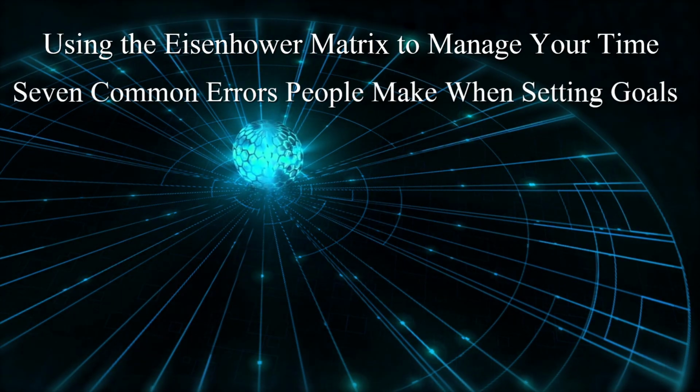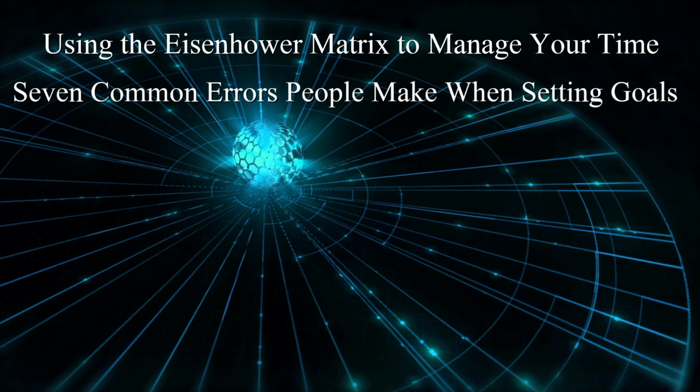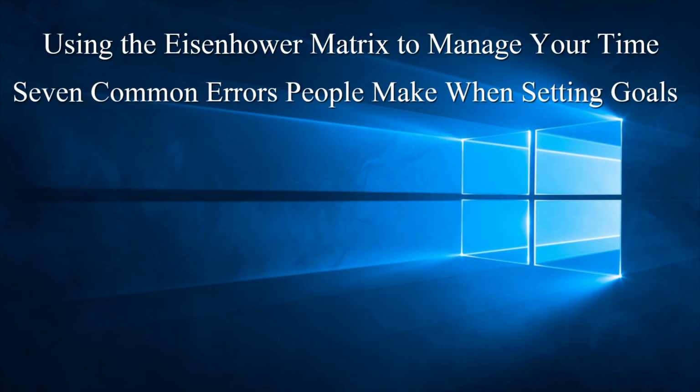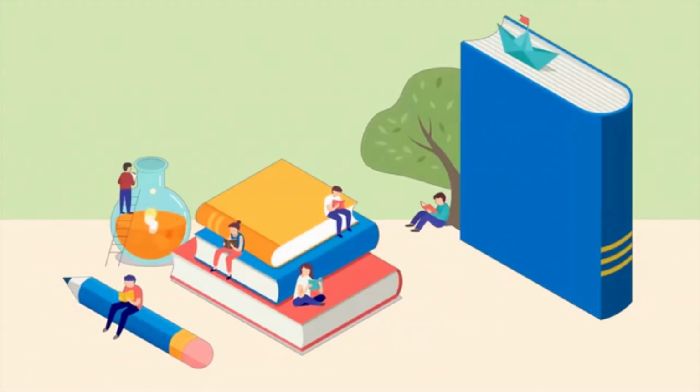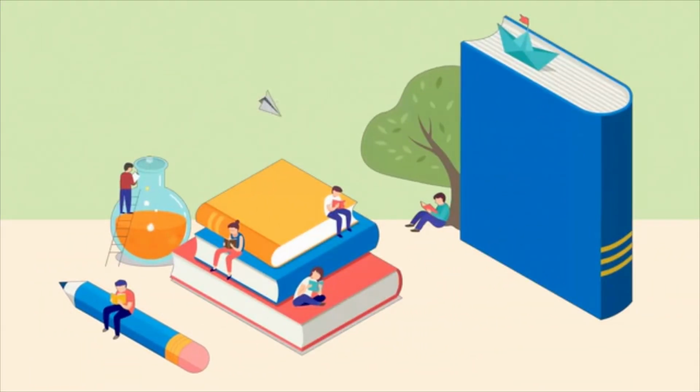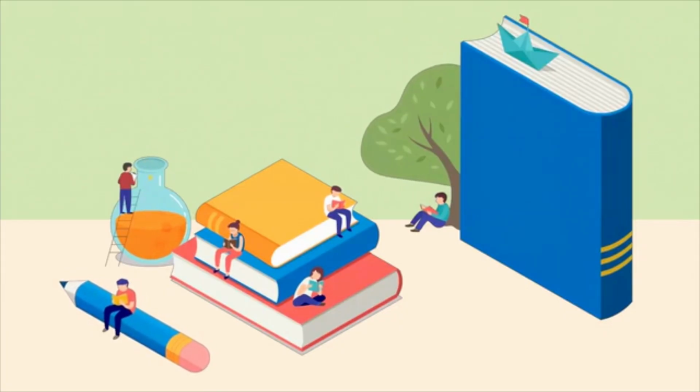Seven common errors people make when setting goals. This lecture will discuss seven of the most common mistakes or errors that people make when trying to establish their goals. This includes things such as not writing down your goal, not keeping them visible, and not making sure that your goals are in line with your vision. Let this free online tutorial help you hone in on the goals you're trying to accomplish by avoiding distractions, being honest with what is achievable, and learning how to track your progress in order to see results.